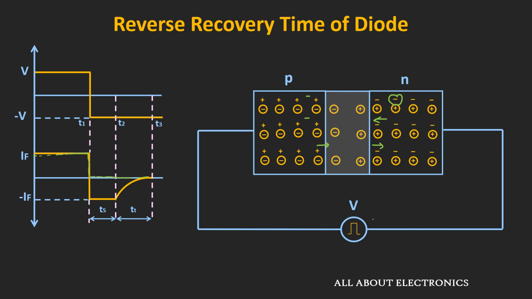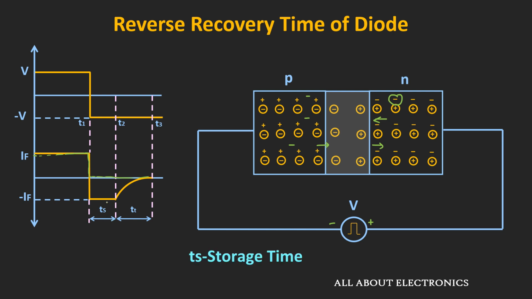So let's understand the reason behind it. Whenever we reverse the polarity of the voltage, this terminal of the supply will become negative, and this terminal will become positive. So the electrons which entered the P-type region during the forward bias now act as minority charge carriers, and due to the reverse bias, they will start moving toward the positive terminal. Due to the movement of these large numbers of minority carriers, we get a flow of current in the reverse direction, and this current will flow for a finite amount of time.